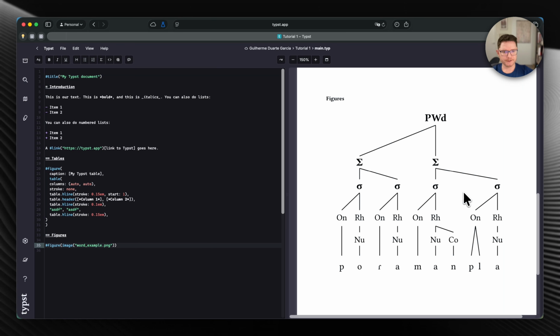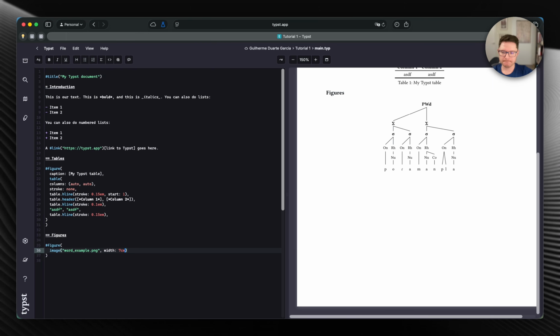You will notice that it's immense right now. So we definitely want to change the size of that. Otherwise, it will be immense. So let me just break the lines just to give you better syntax here. Now, you will notice that because we're using the app online, it obviously has all the auto-completion that you would expect from a Typst editor. And so here you'll notice that we can scale, we can adjust the width, etc. So in width, I could do something like 7 centimeters. Something like that. And of course, we can do caption just like before.